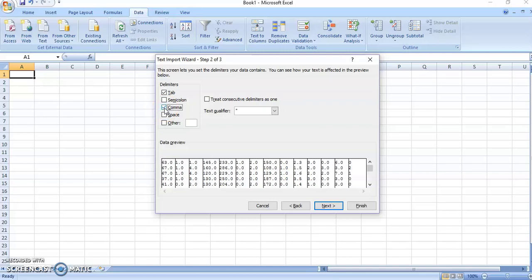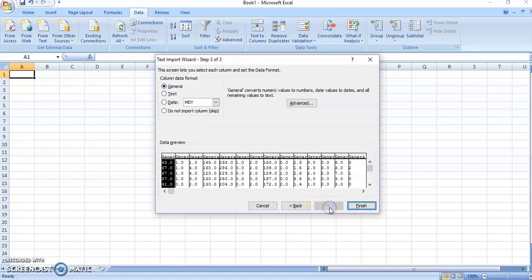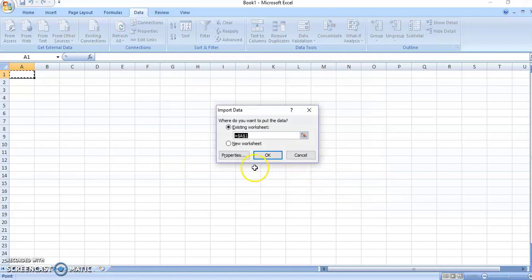Once comma separated values has been given, each one of the columns will be aligned with the corresponding cells of the Excel sheet. Then you can click next, and no need to change anything. Then click finish and this sheet will be opened, asking where you want to put the data.